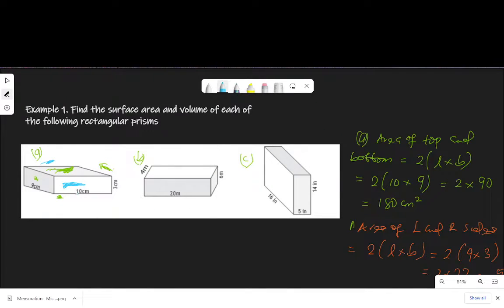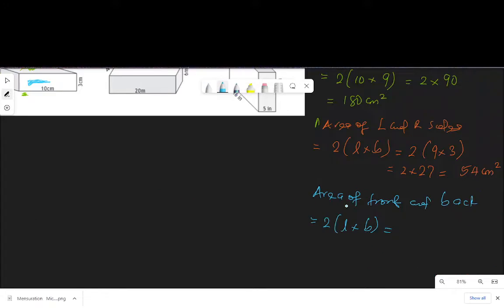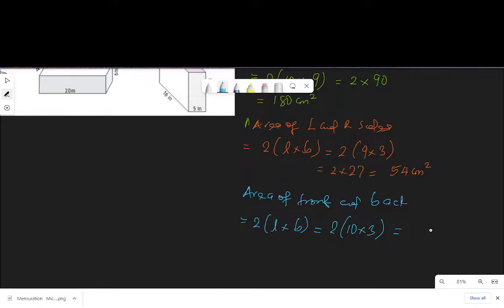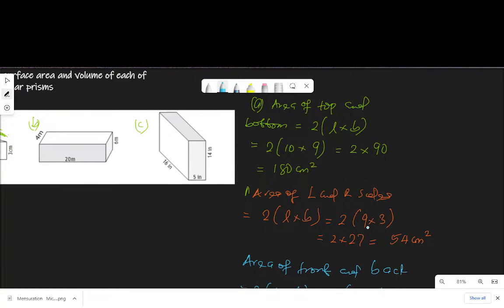So the length here is 10 centimeter, the width is 3 centimeter. So 2 multiplied by 10 times 3 will give us the area of the two faces. 10 times 3 is 30, so 2 times 30, which is 60 centimeter square. So total surface area, excuse me,